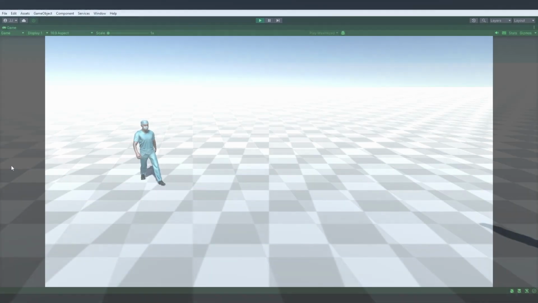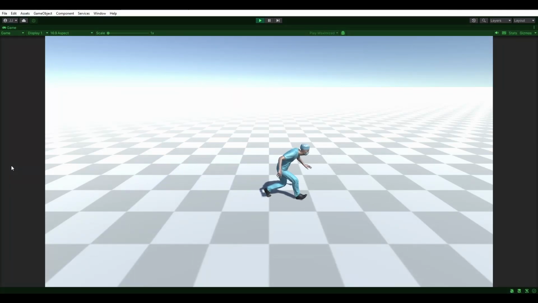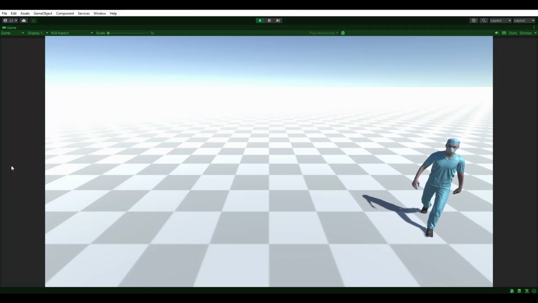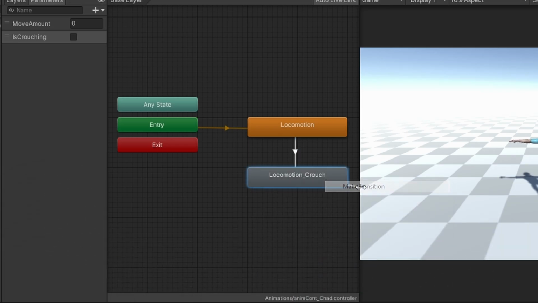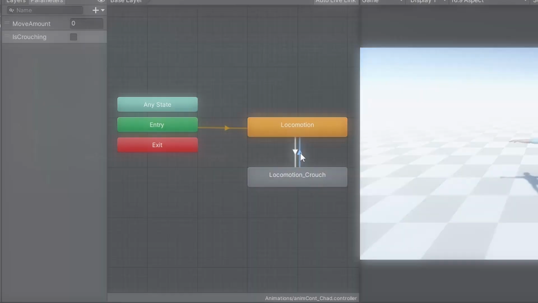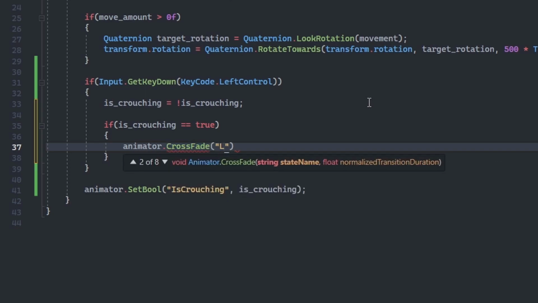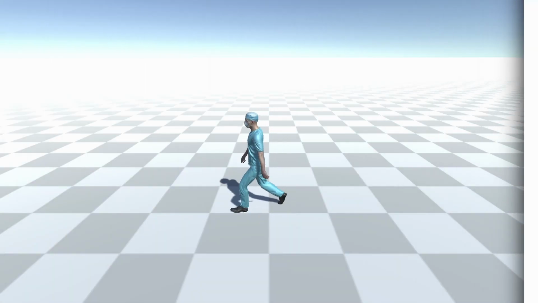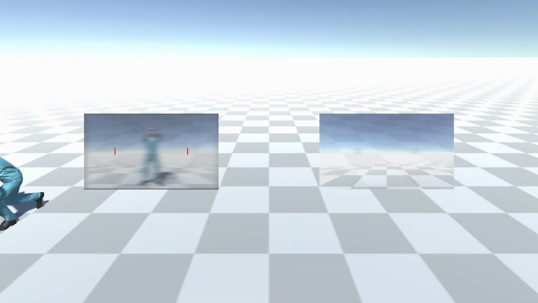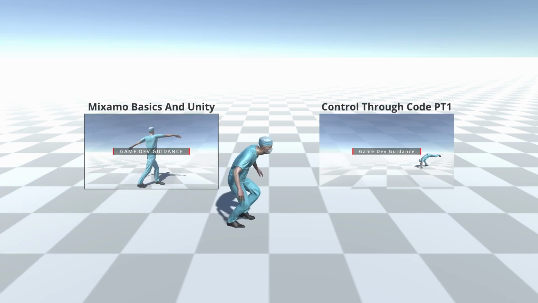In this video, I will be showing you how to implement crouching. We will be doing this in two ways. The first using transitions and parameters from the Animator controller, and the second using pure code with the Animator's built-in methods. This tutorial assumes that you have been following along with the previous videos in this series, so I will